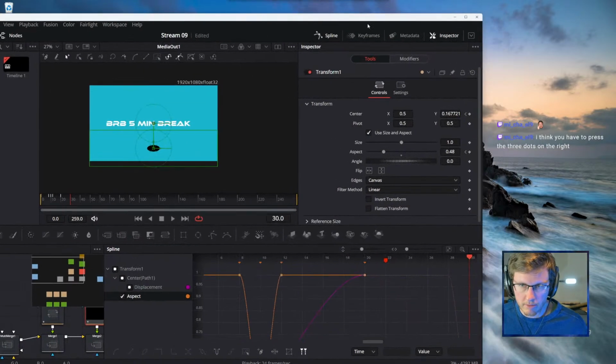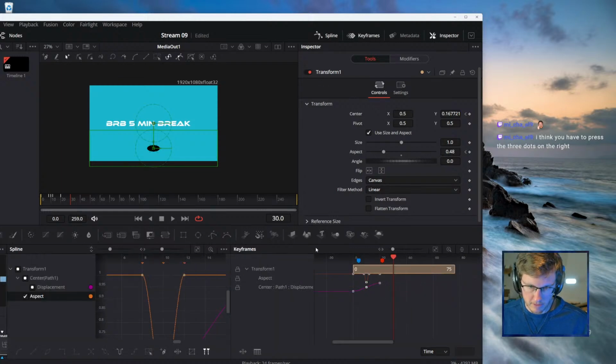Still, I'm trying to wrap my head around the difference between keyframes and spline. I still think keyframes is first in the workflow, where you're supposed to be blocking out the motion of the animation.